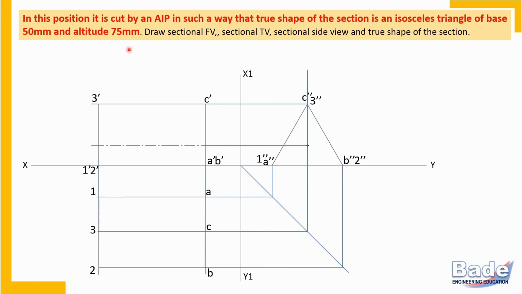In this case again, the exact position of the cutting plane is not given. We are asked to locate the cutting plane so that the true shape of the section is an isosceles triangle of base 50 and altitude 75 millimeters. Now check, try to understand how we should think in this problem. The cutting plane, no doubt, is in the front view, that's given, it's an AIP. It should intersect three edges of the object. Now when the cutting plane is in this orientation,